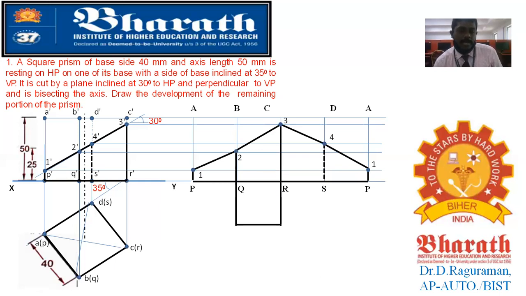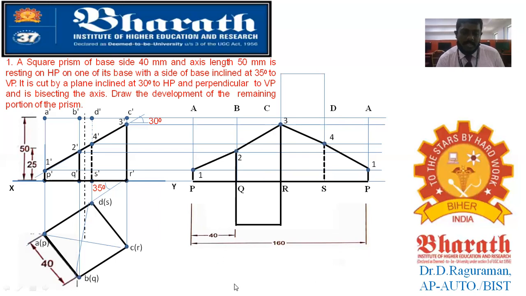You are also going to make a representation of the base. The base is a square, and you have to draw it thick because it is existing. The top surface you can also draw, but draw it thin because that is a removed portion. This is the circumference of 160 mm, which is also required to show. So you show this circumference length as 160 as well as its side as 40, so that it is clear the base is 40 mm side and the total circumference length is 160.